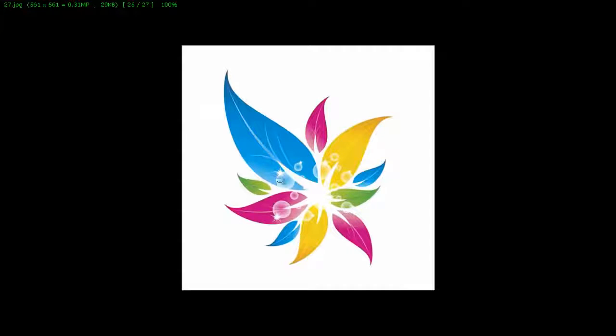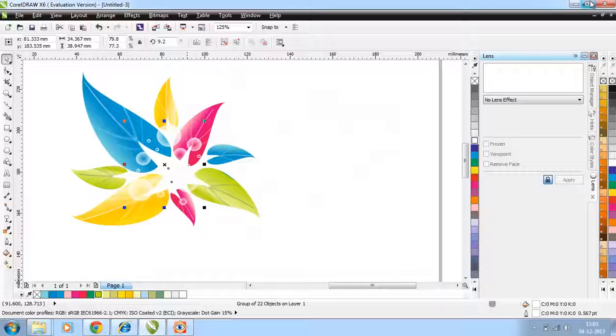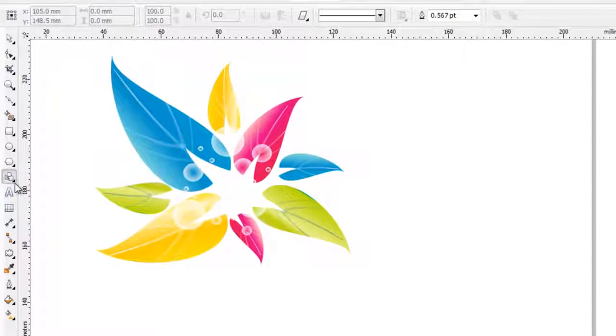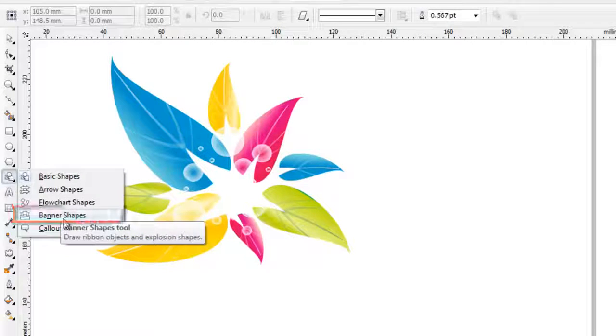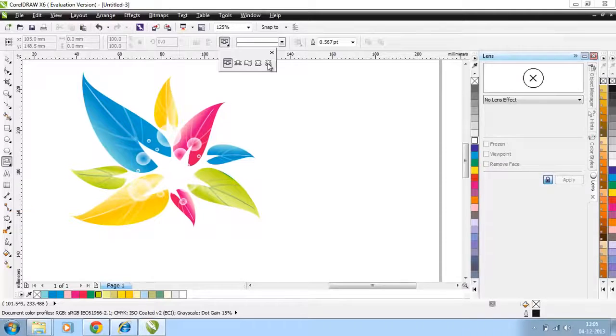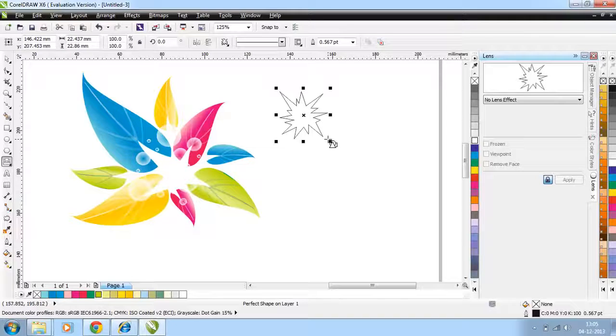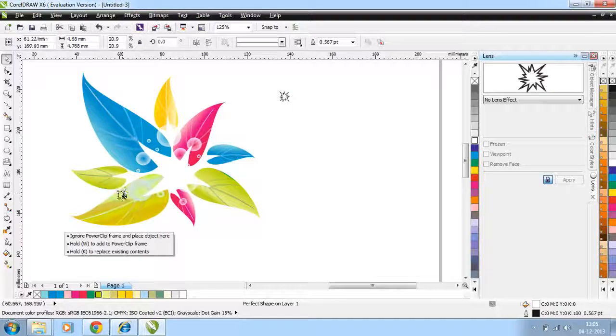Now I'm going to make some small tiny stars to give a more attractive look. For that I'm going to select basic shapes to give small stars on top of the bubbles. I'm going to select the basic shapes tool, and in this I'm going to select the banner shapes. In this we have a shape. Select that and drag on the workspace, and now resize this and give it a small color. Resize this and keep this on the workspace at the top of this bubble such that it looks like a